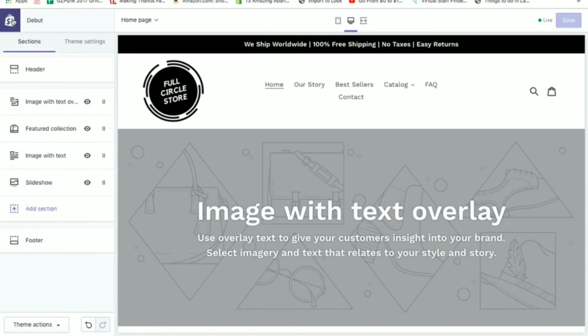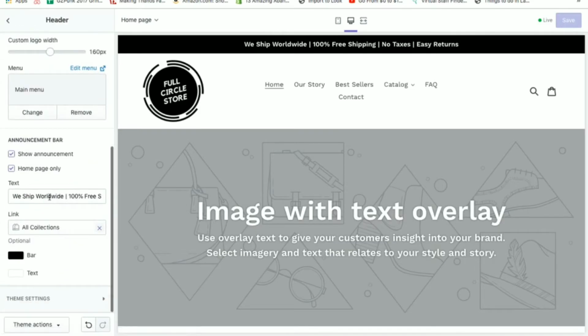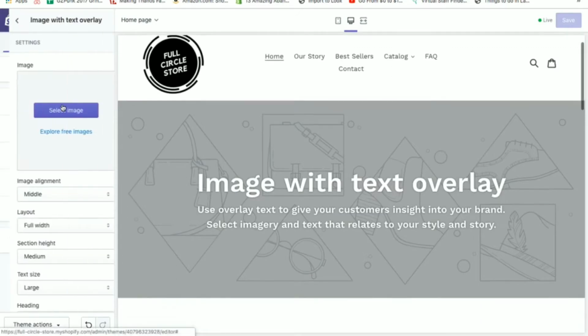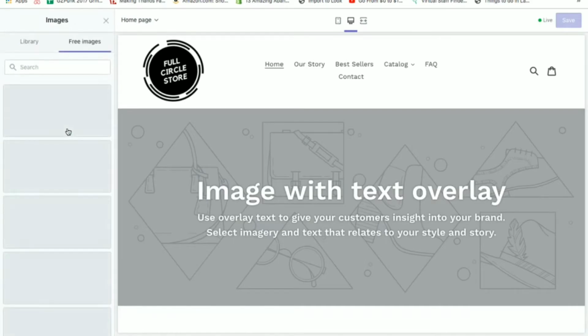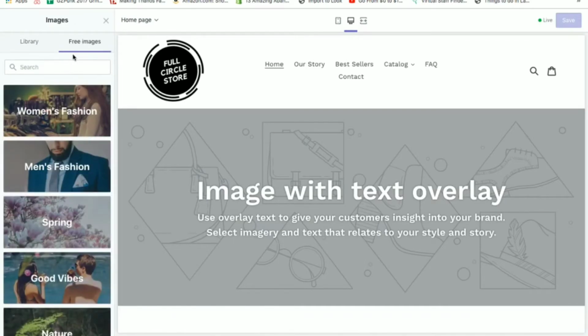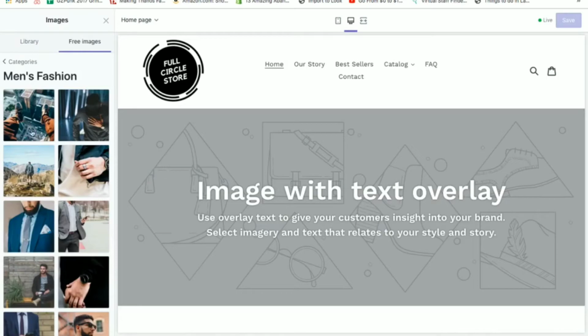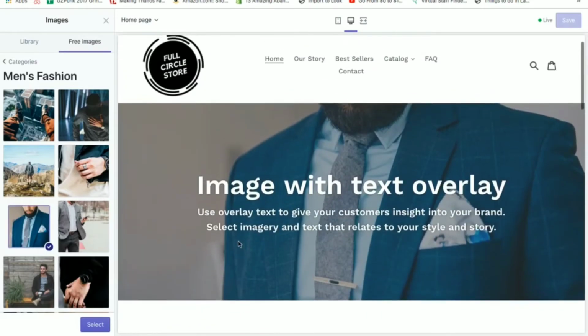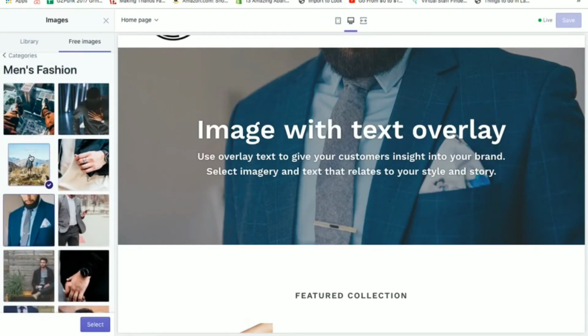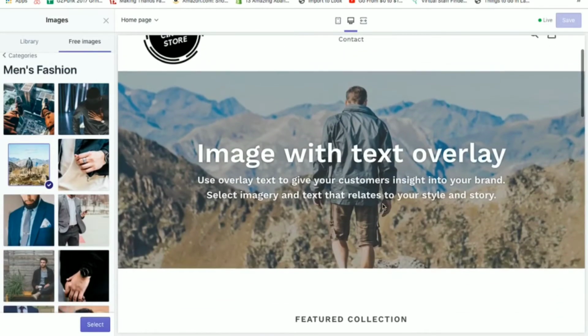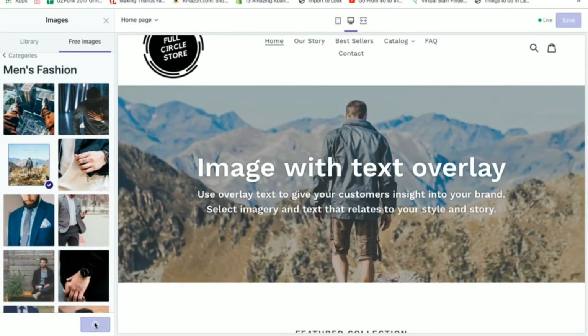So next, now that I have completed the header, because there's no other options already, I will start adding an image to my slideshow. So Shopify actually provides free images, okay, so I'm going to take advantage of that. And I do have a men's fashion for him collection, so why not, let's try it out to see how it looks like. Okay, pretty good, but the head is cropped off. I don't really want that, so let me just use something easier to see. Something like this will be good, okay. So I'll click select,